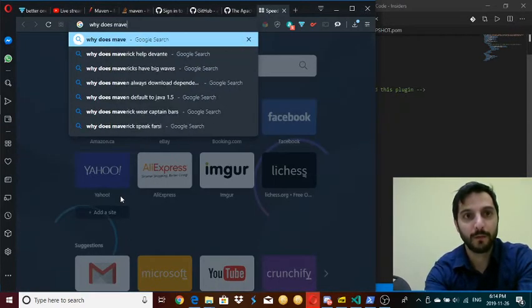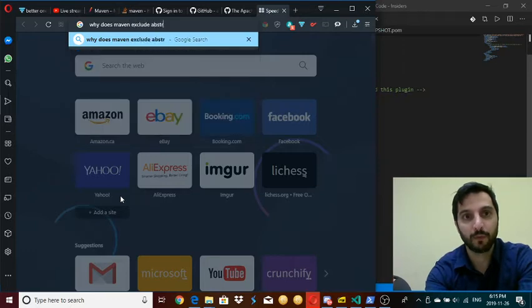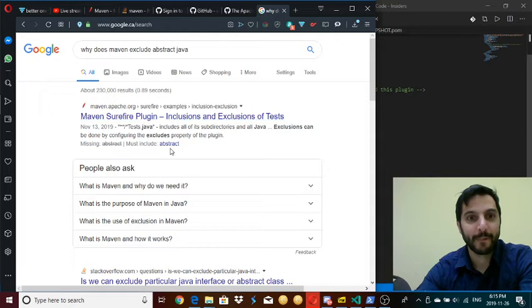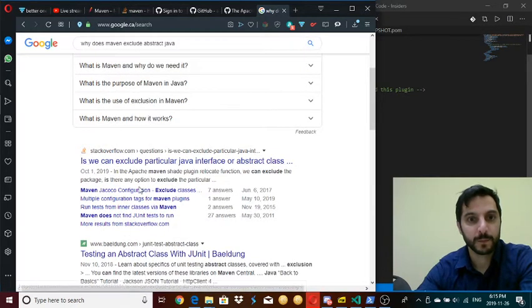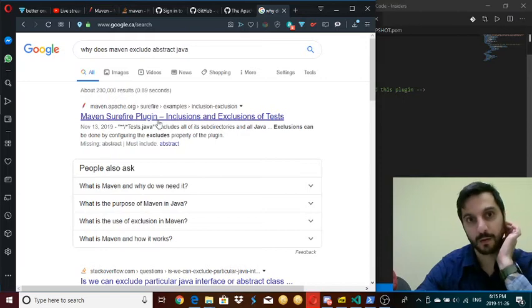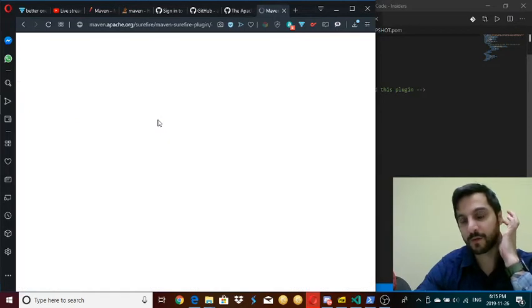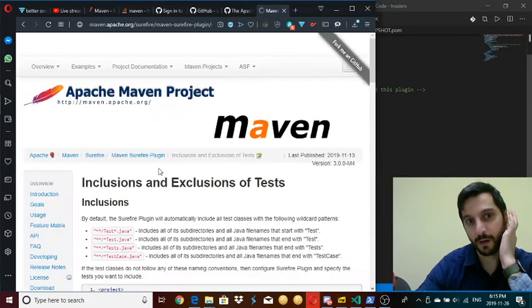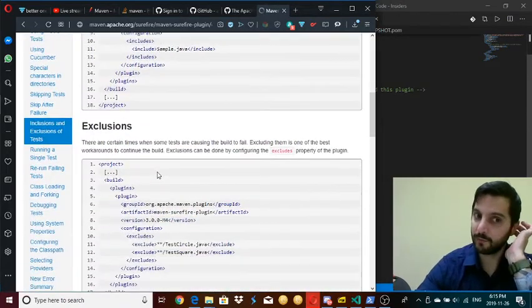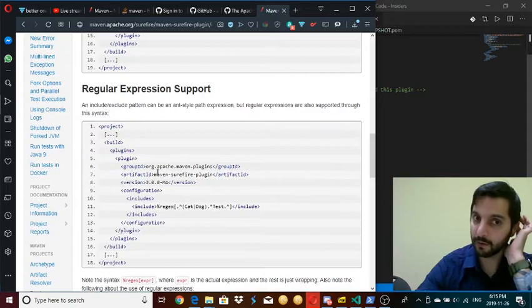Why does Maven exclude files that are abstract? Wait, why does it exclude abstracts? Maybe because Java automatically goes and fetches those. I guess Java automatically includes... Why does Maven exclude the abstract versions? Because they are